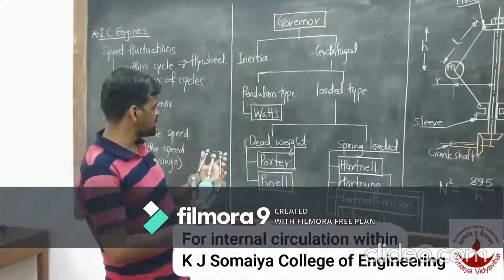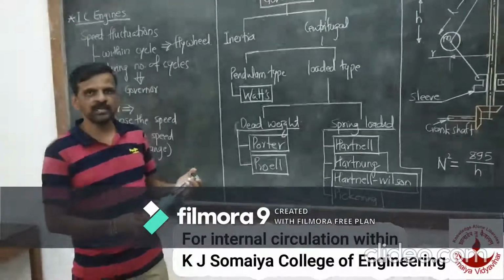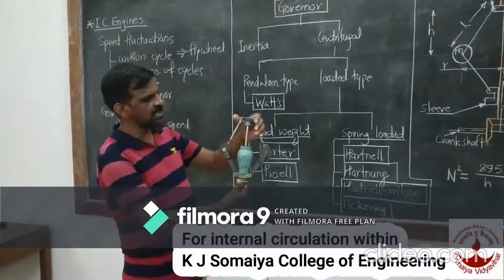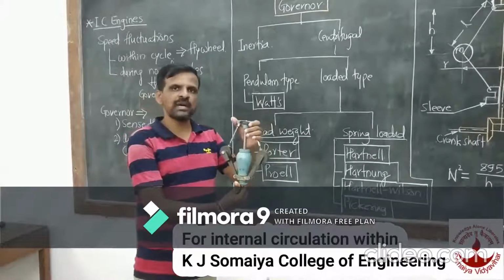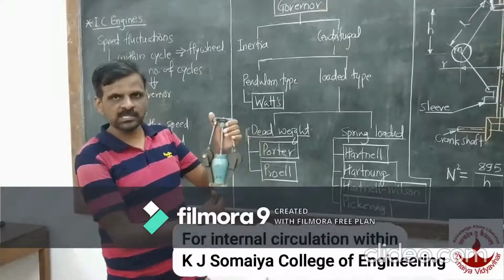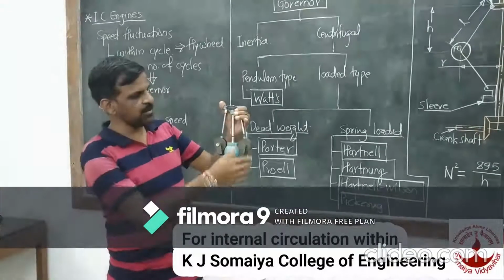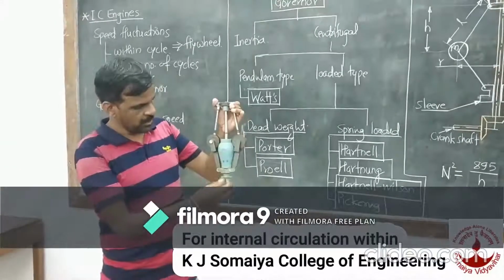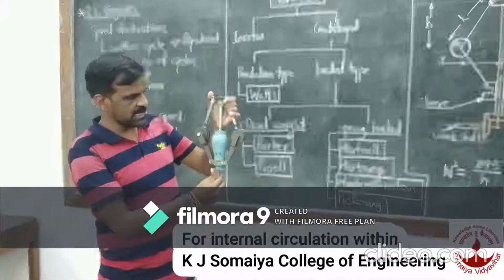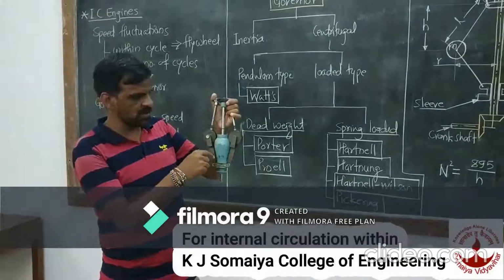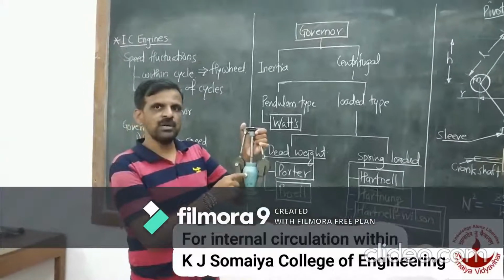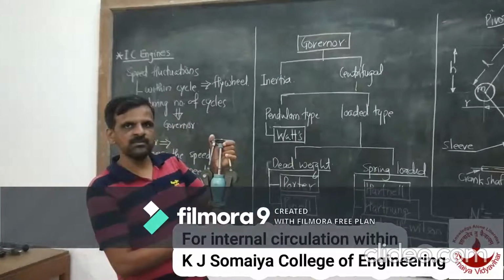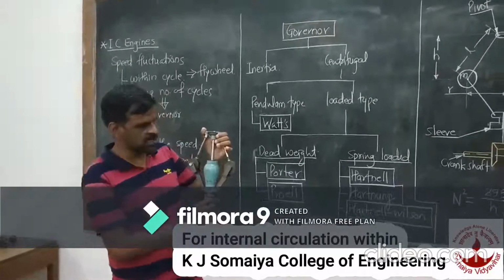The second one is the deadweight type of governor, and the majorly used type of governor is the Porter governor. So here you can see this is also a modification to Watt's governor only. In Watt's governor, the same fly balls are connected at the end of the arm, which will work as a pendulum. But here, what is the addition? The addition of a central mass on the sleeve, and that will result in the range of this Porter governor for the engine being much more than that of Watt's governor as such.